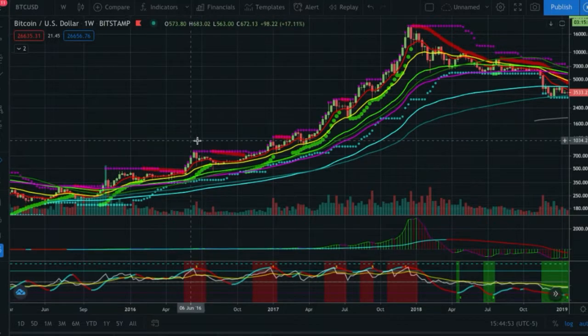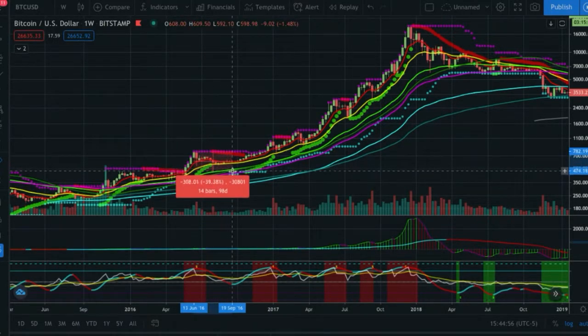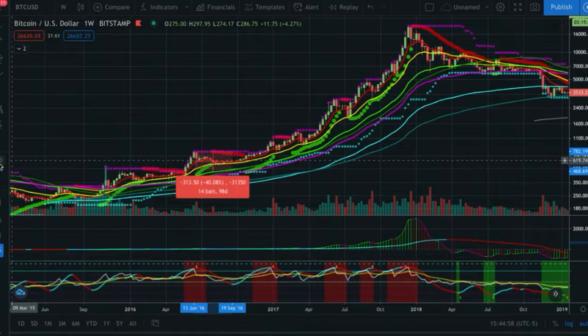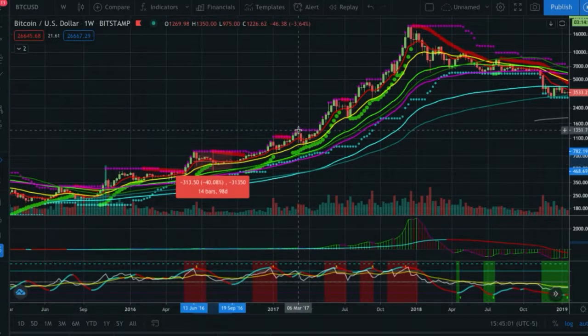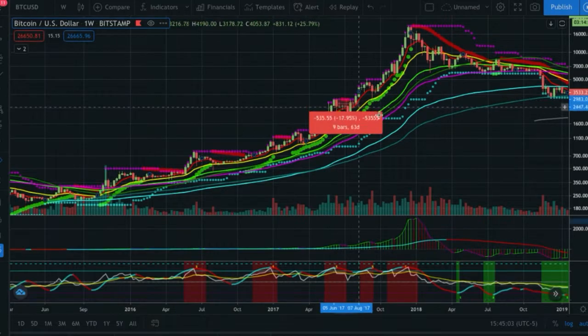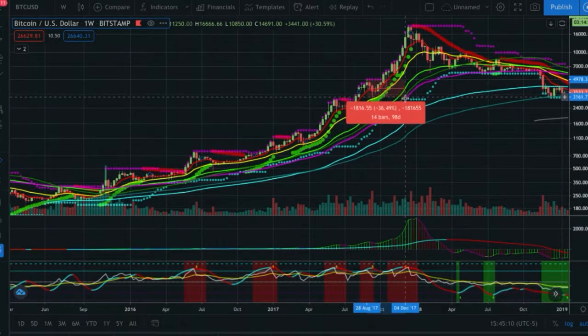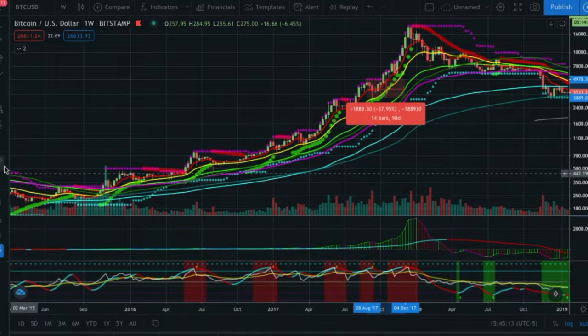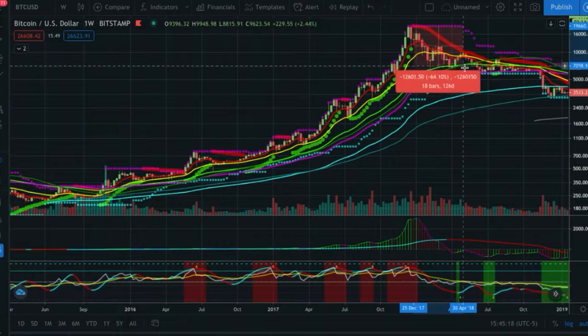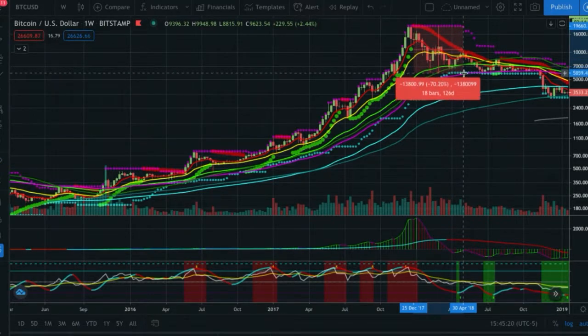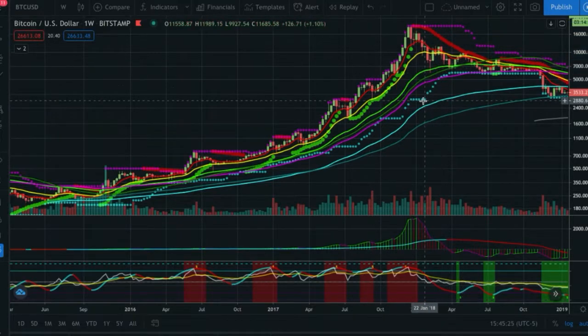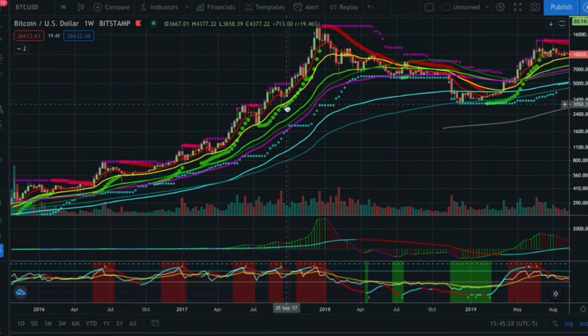If we look at the typical pullback from one of those hard sells, that is a 40% pullback. If we look at one of these over here, let's try this one, that is a 38% pullback. The next one right here is a 38% pullback. And then the top one right here, just the initial pullback from the peak there, was 70%. So we're looking at essentially a 38 to 40% pullback on average back down to that 2021,